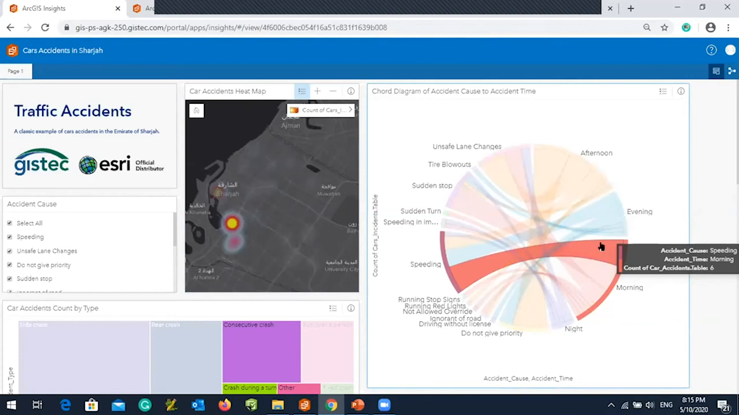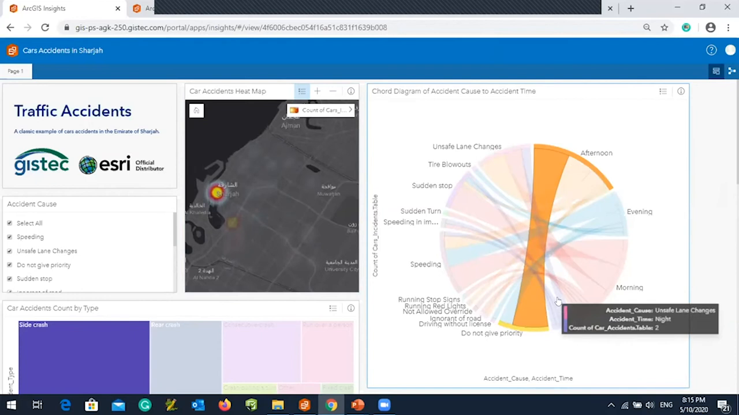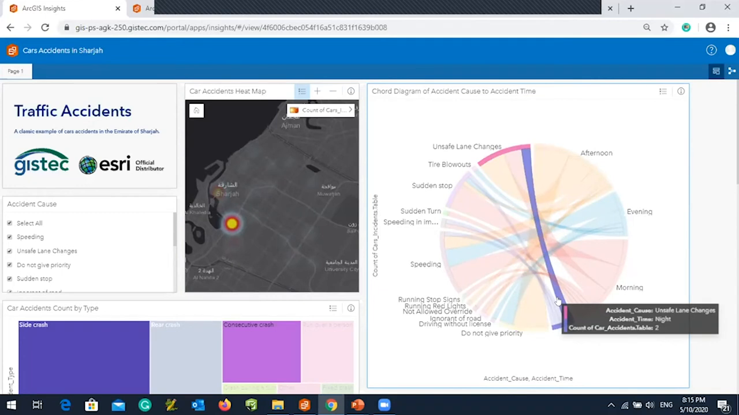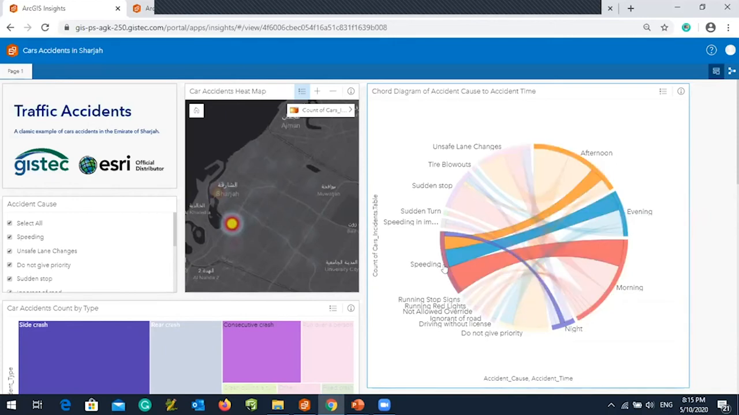If we go, for example, to the afternoon, we see that for this sample data, not giving priority was the main cause of an accident. And for example, at night, it was unsafe lane change. And this can be analyzed from other side as well. So we can see, all right, so the speeding itself, it was the reason of the accident, mostly in the